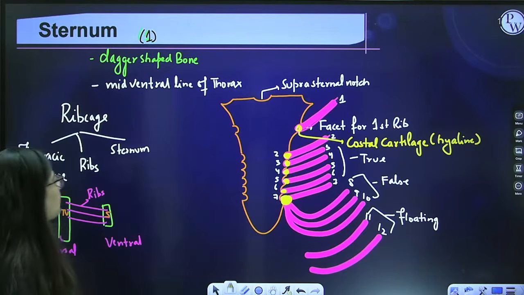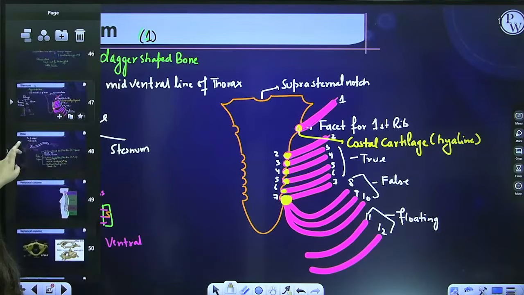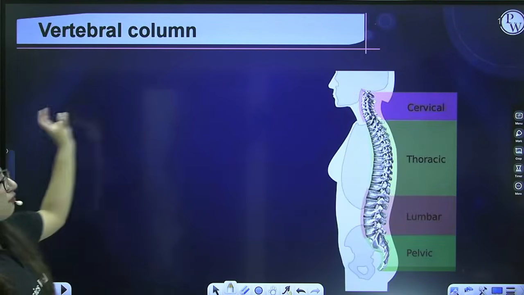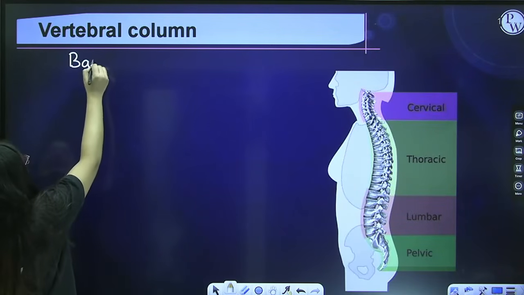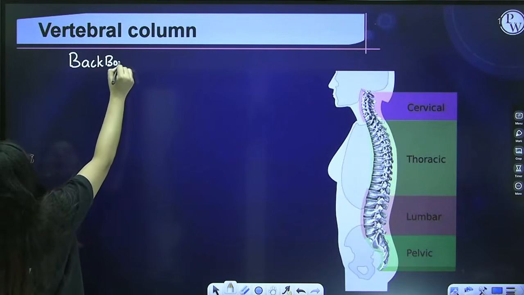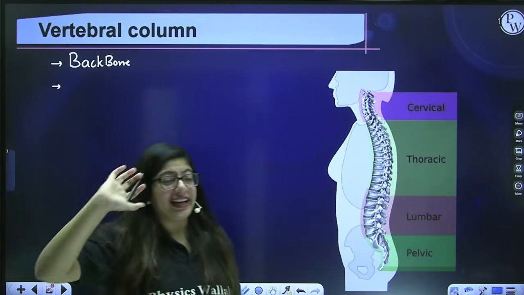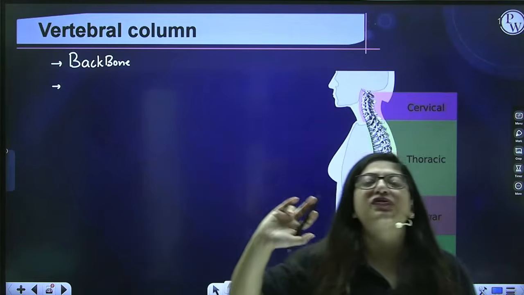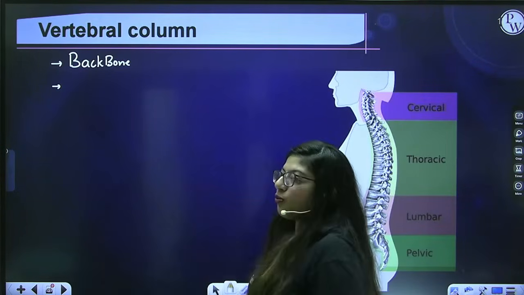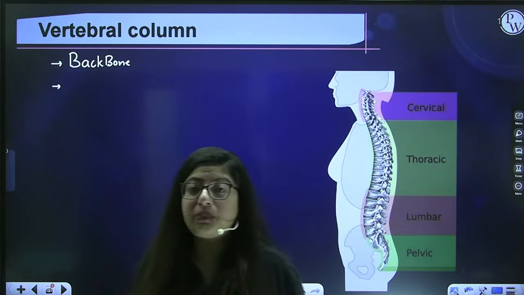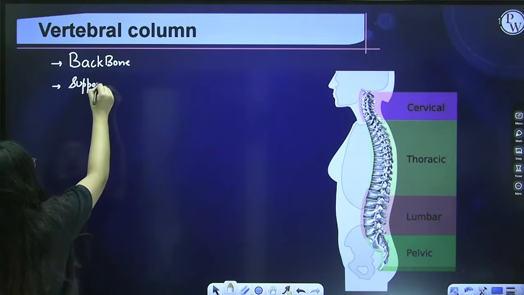All right, guys, so that's about these bones, ribs and sternum. We are going to talk about the vertebral column now. Vertebral column, commonly known as backbone. What is it made up of, and first of all, what is its function? It provides support to your body. It provides flexibility to your body. I can move down, up, and my erect posture is just because of this vertebral column, right? So it provides support to the body.